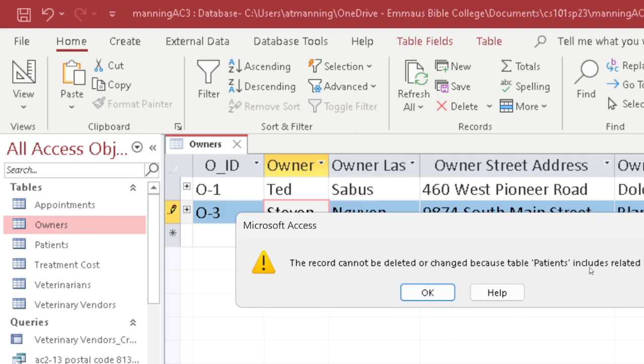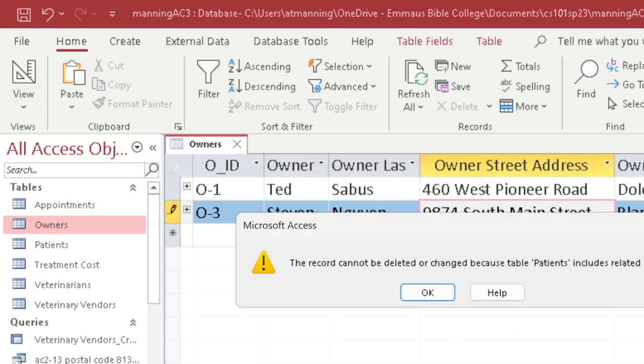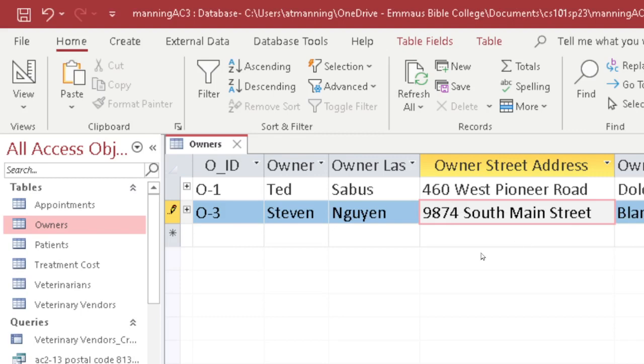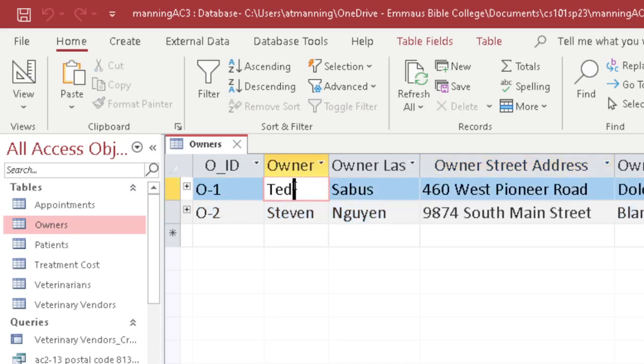So if you leave the line, then it checks the relationships. That can be confusing because it doesn't complain until I click off the line, and then it's like, uh-oh. It doesn't say clearly, hey, what's the problem? It just says there's something that includes related records. So this is where Access kind of falls down and not being so helpful. The best thing to do if you see this kind of message is, okay, let's Control Z. What change did I just make? Then it'll change it back to the broken owner. There I now see that